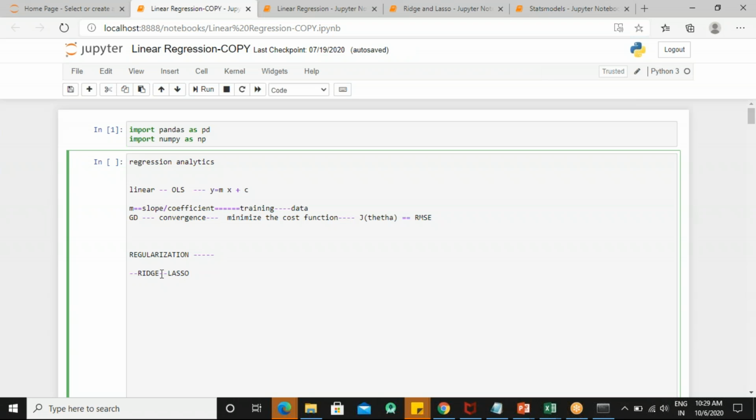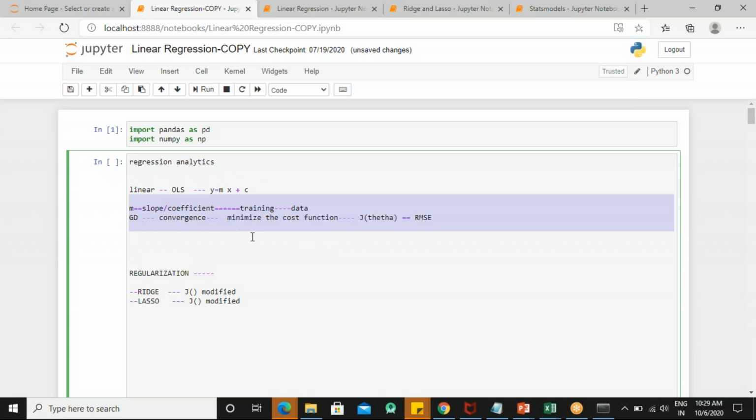And what they do is they take this cost function J of theta and modify it. There is a modified cost function that they use, because the whole game is run by this formula. The whole process is dependent on this formula. How does that happen, guys? See, ultimately,